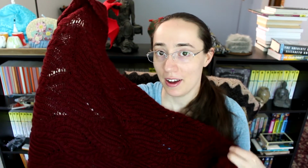It is from the 52 Weeks of Shawls book from Lilla, which I do not have to show you the pattern because the book is being loaned off to friends right now. But this pattern was the one that immediately caught my attention because it is cables and brioche, and if there's anything you just know I'm going to knit, it is something with brioche, and I'm quite fond of cabling now too. So the design is just this sort of meandering cables with these brioche sections in between them,